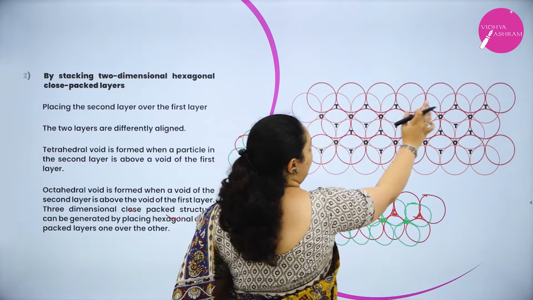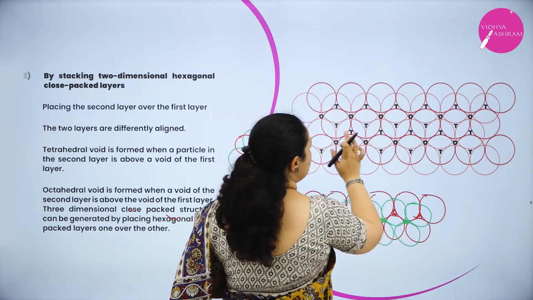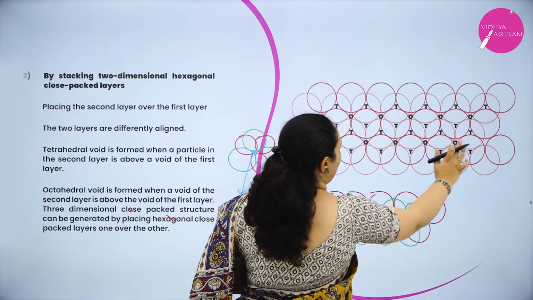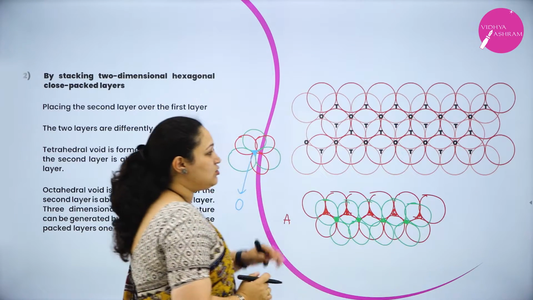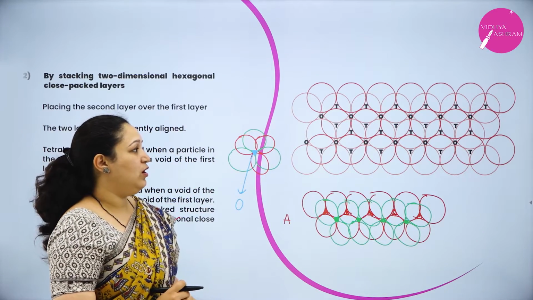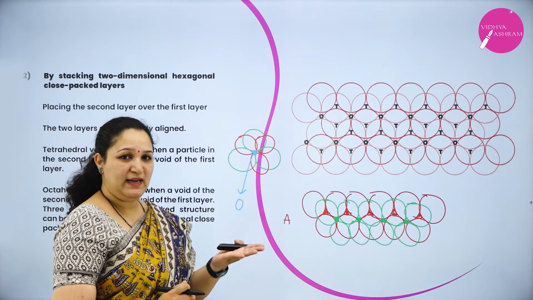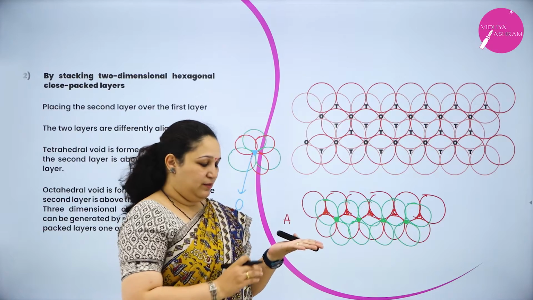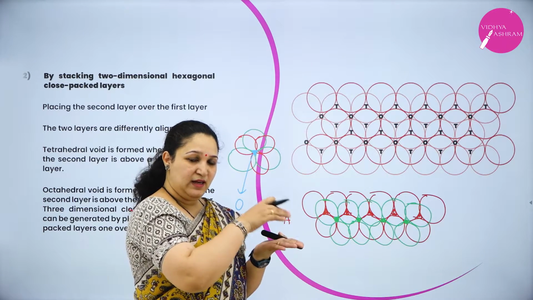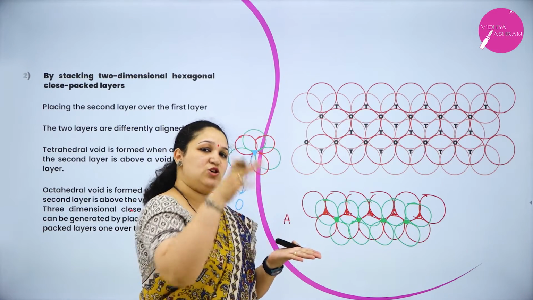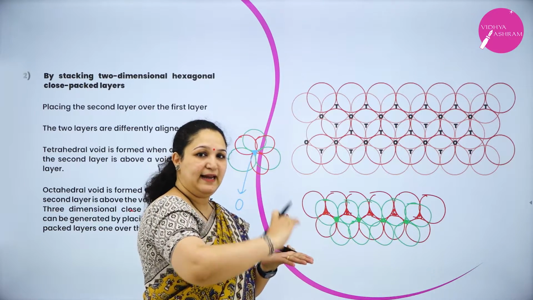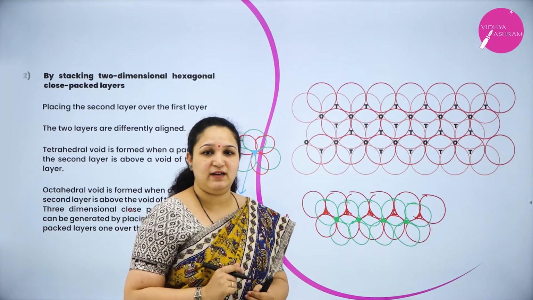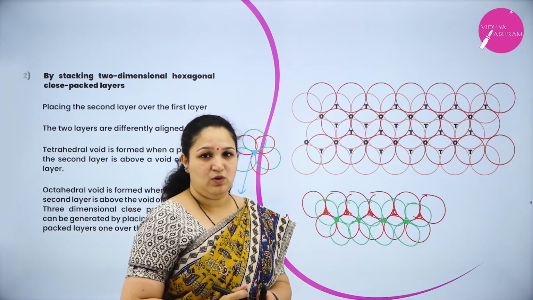I get tetrahedral voids, octahedral voids, tetrahedral voids. Again here also there is a tetrahedral void, again octahedral void, tetrahedral void. So you are getting different types of voids here, when one layer is kept over the other layer. And the one layer depressions, on those depressions you are keeping the second layer. That time you will get such 2 types of voids, which are tetrahedral voids and the octahedral voids.